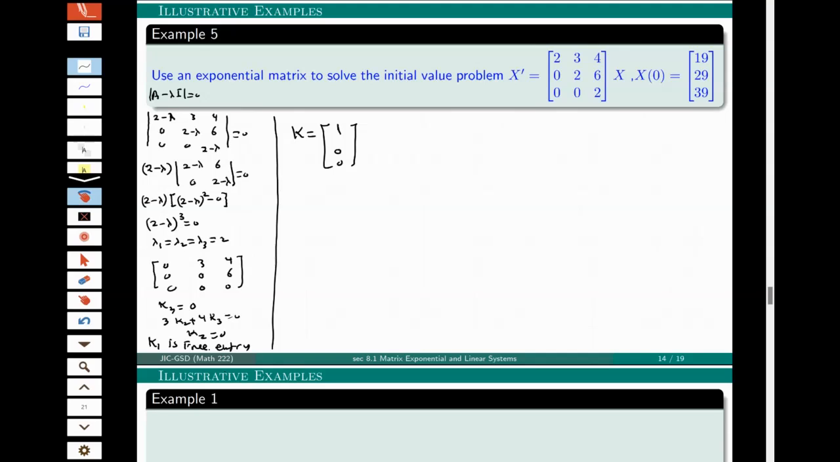So what I will say now, what will be my fundamental matrix? The fundamental matrix we will have